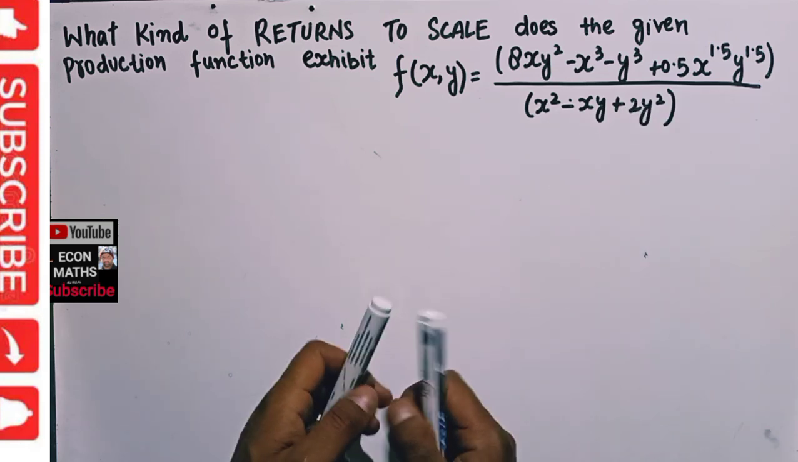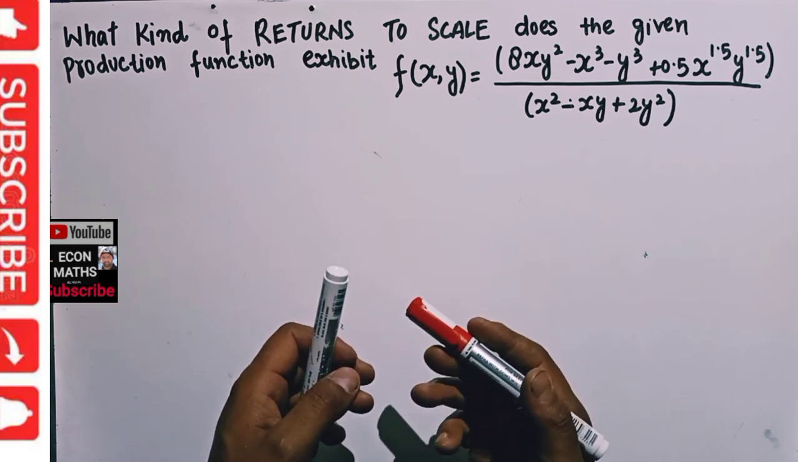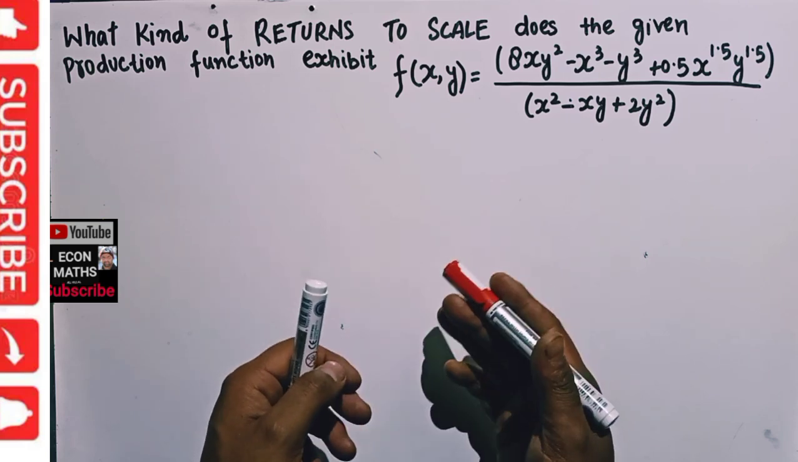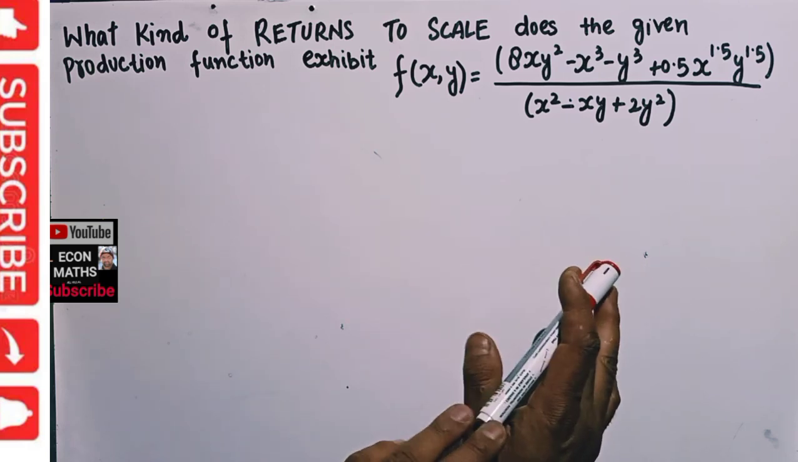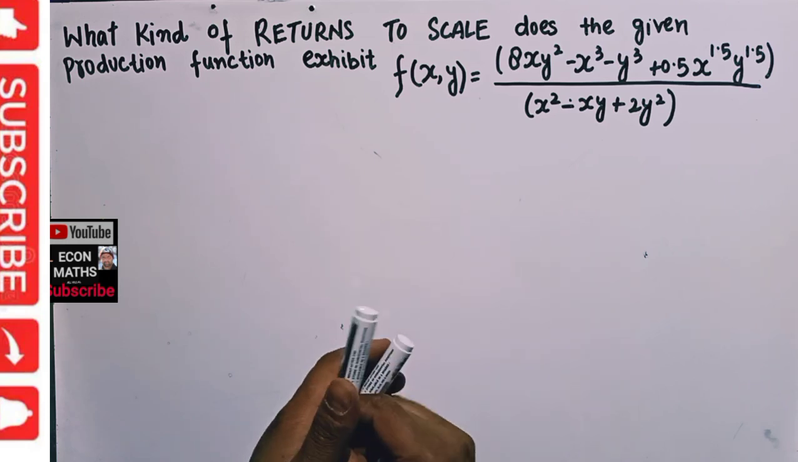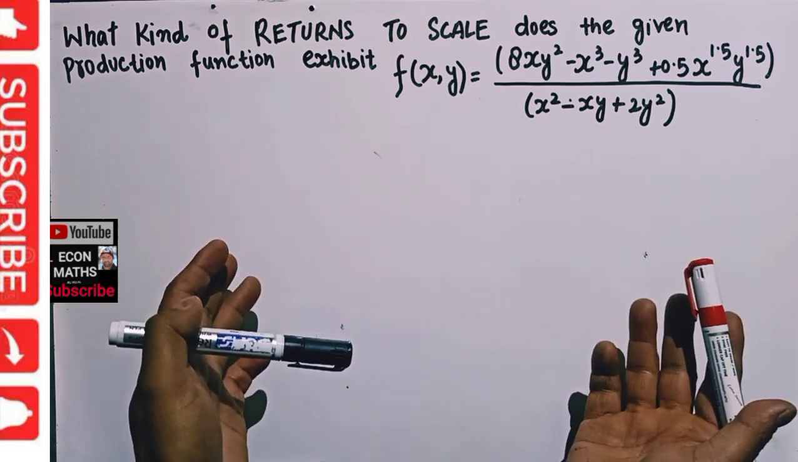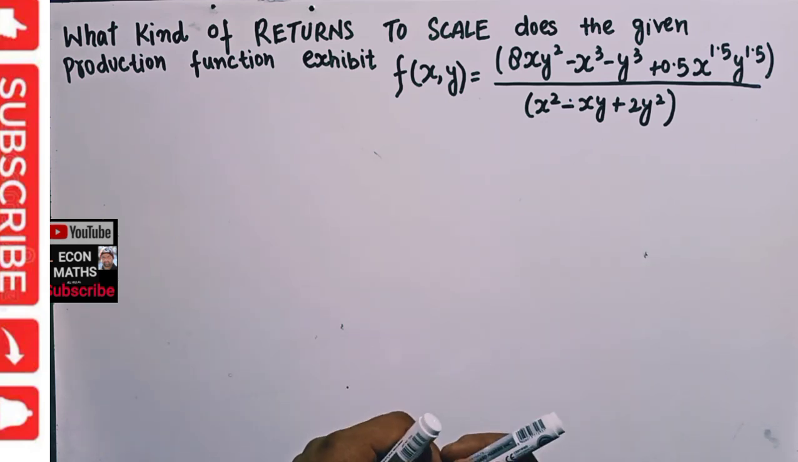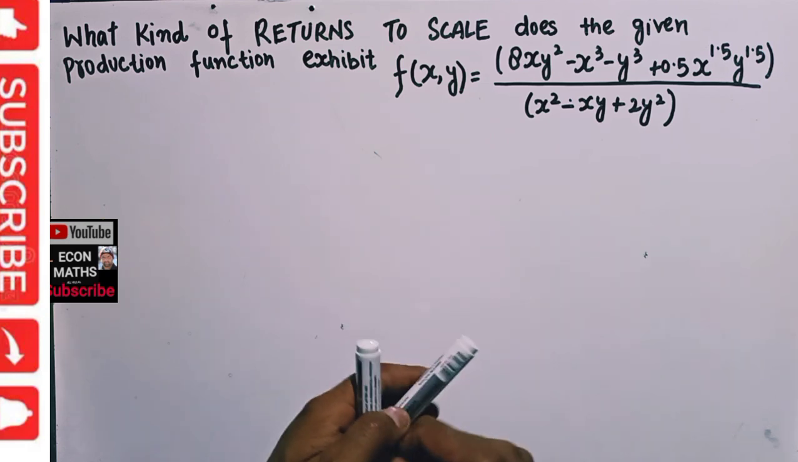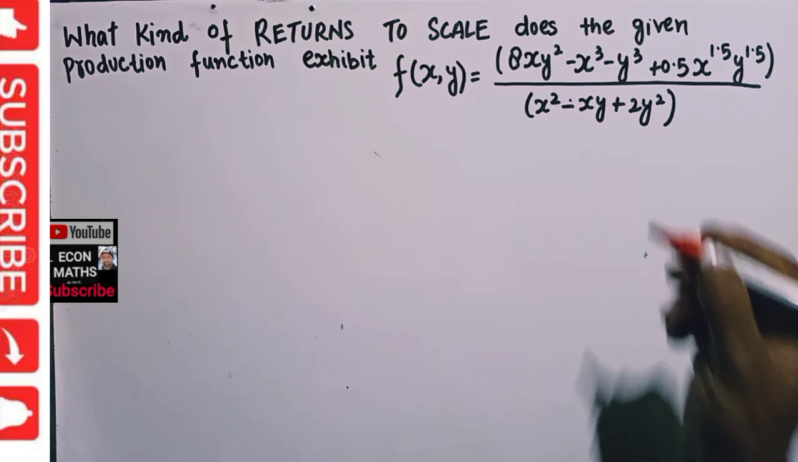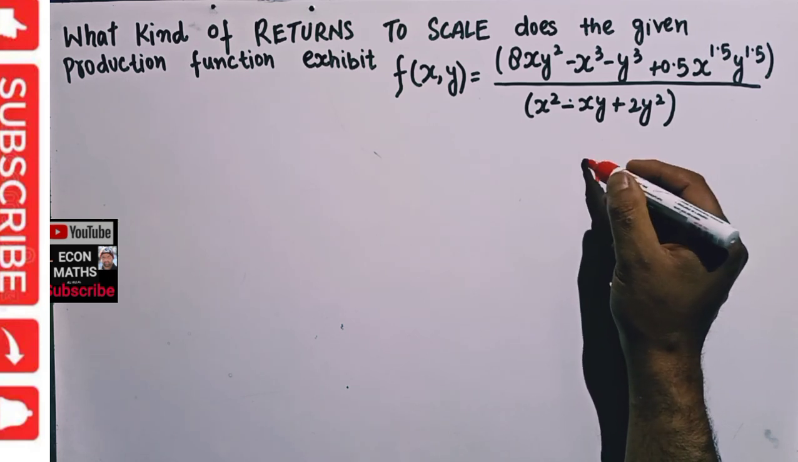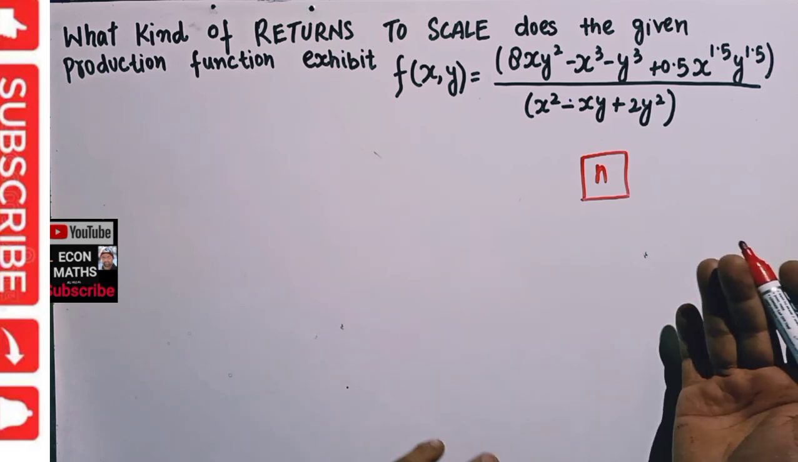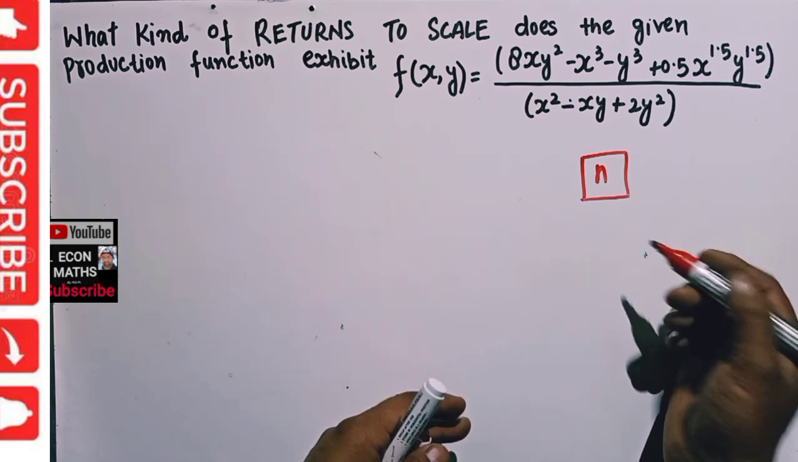So we need to find out whether this production function exhibits increasing returns to scale, decreasing returns to scale, or constant returns to scale. For that we need to find out the homogeneity of this production function. By homogeneity, what we mean is, a production function is said to be homogeneous of degree n if when each input is multiplied by some number, let us say t,